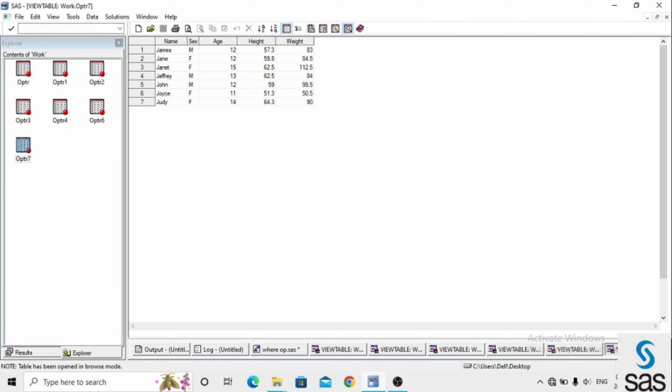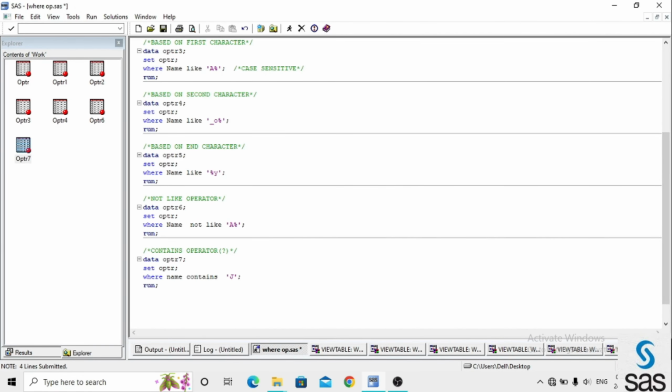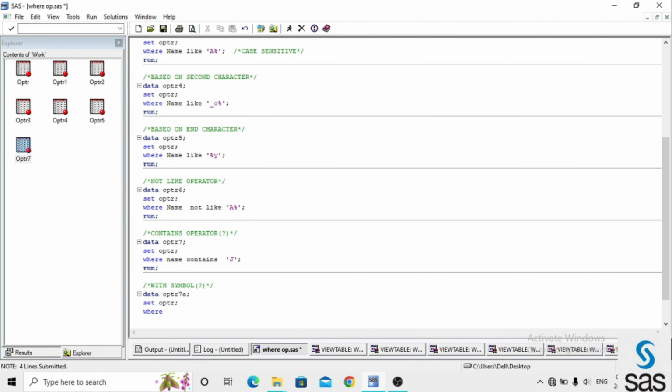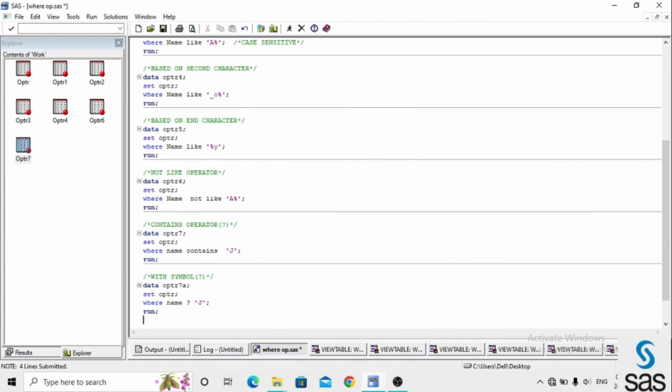Here are all the name observations that contain J. The next thing is that contains is also used by a symbol. Instead of writing contains, we simply write the symbol of a question mark, and we get a data set. Now we will see that. With the question mark symbol for contains, where name is a variable, and instead of contains we just write a question mark and J. Same condition, we just use the symbol instead of writing contains, and we get dataset 7A.